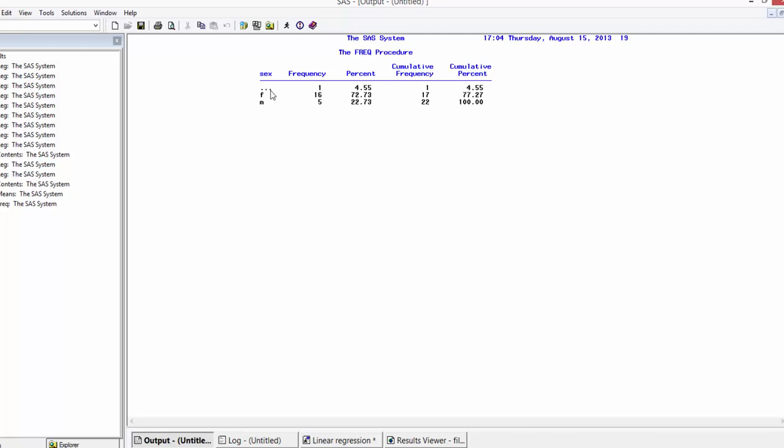So that one is unidentified, and the other 21 observations are identified as male or female. 5 of them are male and 16 of them are female in nature. So 72% of the data is female and 22% of the data is male. This is important to understand the distribution of data across different categories, because if there is a huge difference in the percentage of